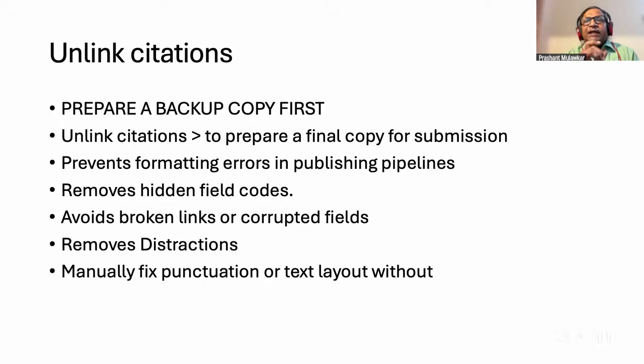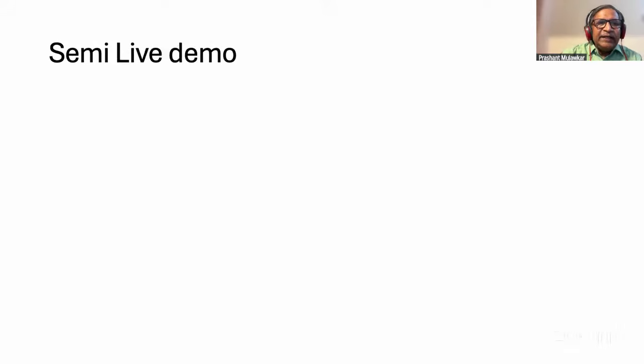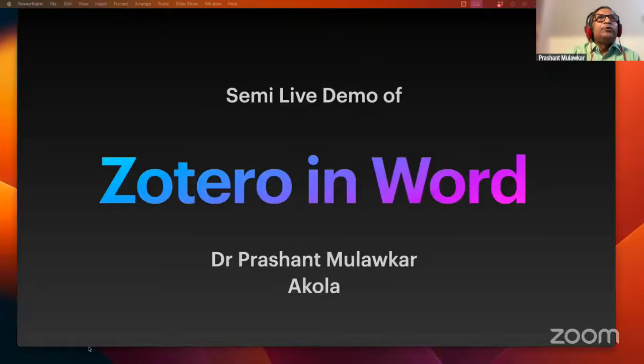The last feature that I'm going to discuss is unlinking the citations. That means suppose my paper is accepted and there is some error in some reference. If I have to change it manually, then I have to unlink the citation. With this, I end this presentation and I'll be showing you a